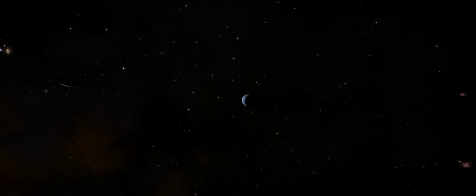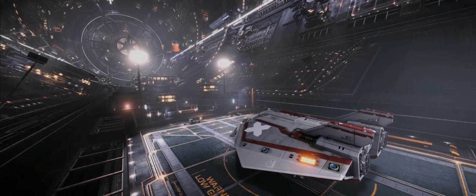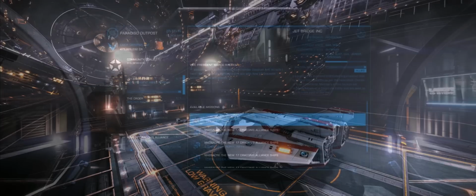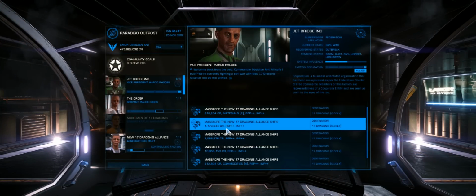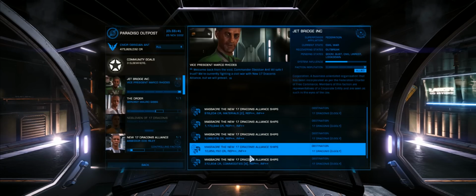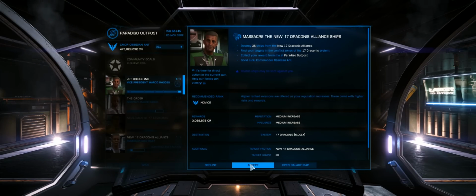Now what you're going to need to do is look for a system that's in a state of war or civil war, and you can do this by going to the galactic map and applying the relevant filter. But if you go to the area that everyone's been talking about, that is 17 Draconis, and that is where I'm at right now. In a system that's at war like this, you get some very high paying massacre missions,